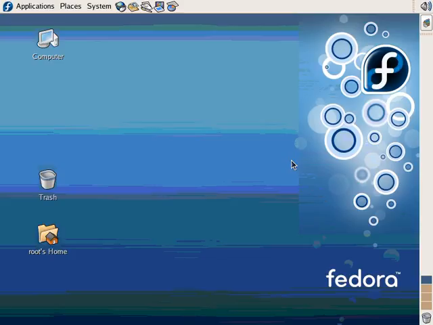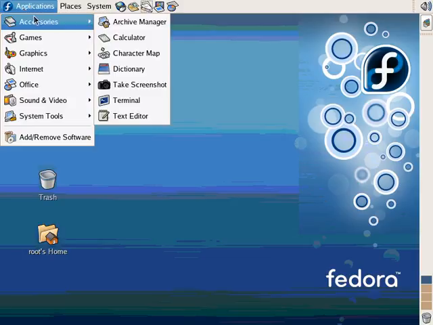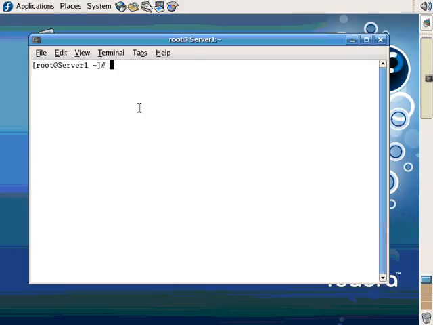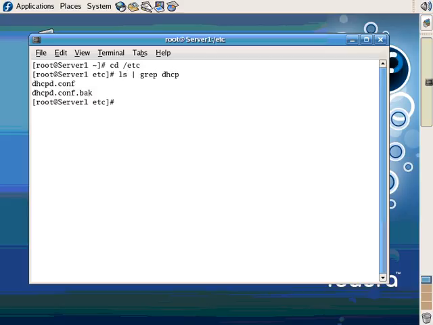Alright, the next thing we need to do is to open a command line prompt and create our new DHCPD configuration file. So I'm going to go to Applications, Accessories, Terminal. I'm going to cd into /etc. And I said that I had already created a sample DHCP configuration file. That way we don't have to sit here and type it in. So if I ls and I pipe that to grep dhcp, you'll see here this